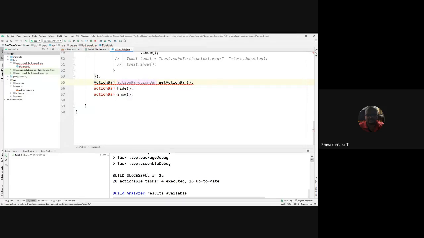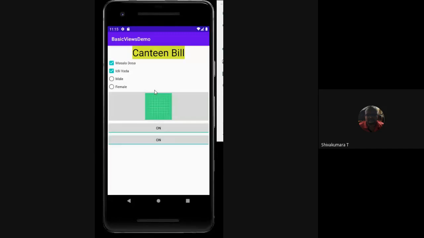Action bar. Okay, this is one of the syntaxes, and it is throwing some error, migrate action bar type to action bar. Okay, fine. So previously, before execution of the code, it was showing this output window.